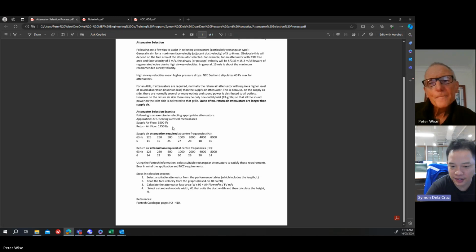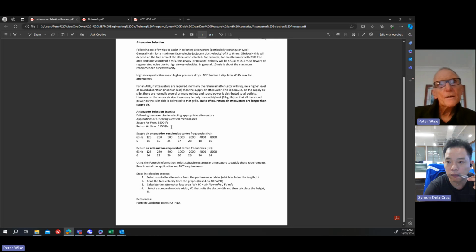Basically, in Australia, I think for the attenuator, they don't want to use the more fibers because there are particles. So I don't know what material you want on the... Because if it's for an operating theatre, those particles will be affected. Yes, no, that's right. And so what we usually do here is